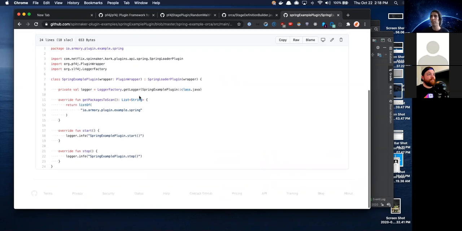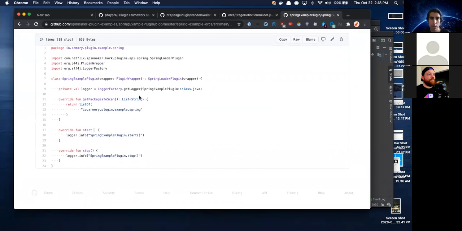In addition, if there's not an extension point available, this is how you would implement your plugin. Because there's no extension point and you're relying on Spring, you are basically tied to implementation details. So creating a Spring Loader plugin does incur a higher maintenance cost, and